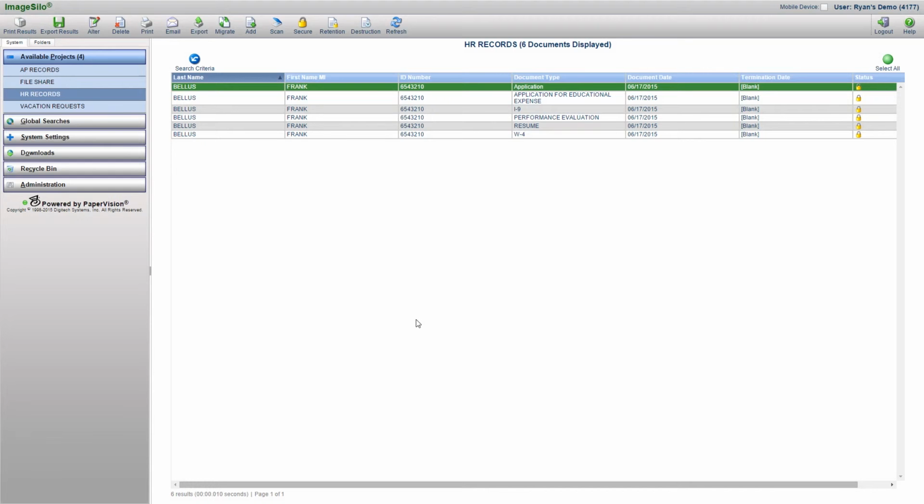Now while there's only 6 documents in here and it's relatively easy to see what they are by looking at my document type, perhaps I want to search and narrow down a little bit further. You know, as some of your employees have been at your company for over 30 years, you may end up having several hundred records for just one employee. So let's back out to search criteria